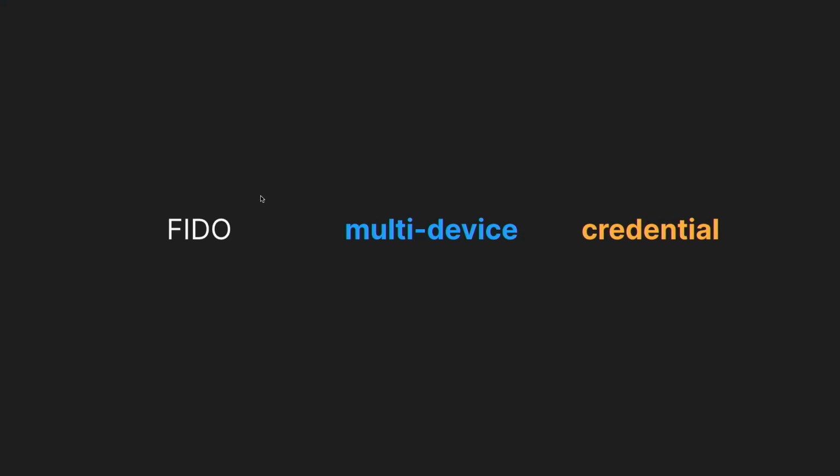OK, so before I show you how to do that and share the code and all of that, I'm going to talk about what a passkey is exactly. I'm not going to go into standard specification level, but I'm going to try and give you the best overview I can. So you might hear some people referring to passkeys as FIDO multi-device credentials. FIDO stands for Fast Identity Online. It's an open industry standard developed by a bunch of tech companies who all came together to try and make auth more secure and user-friendly.